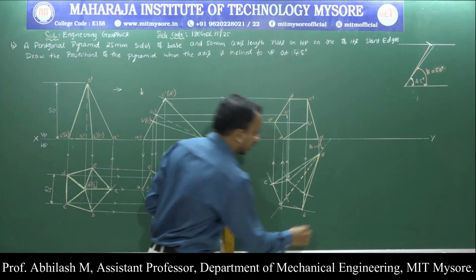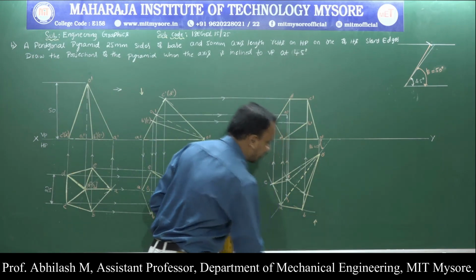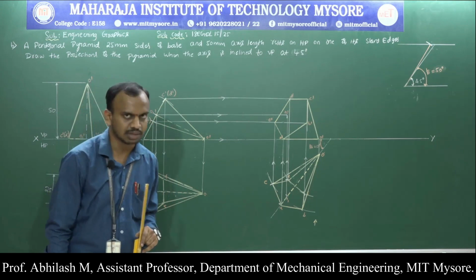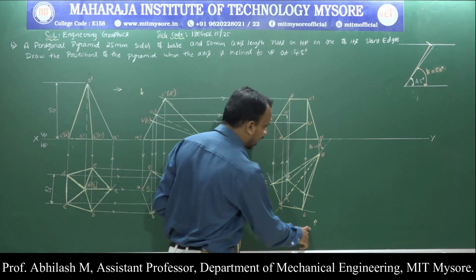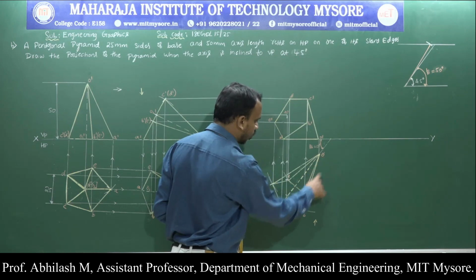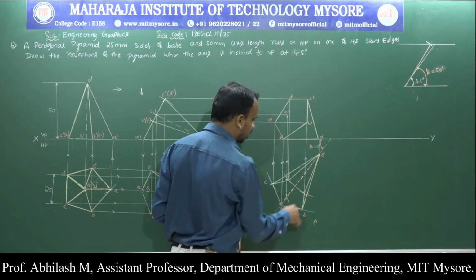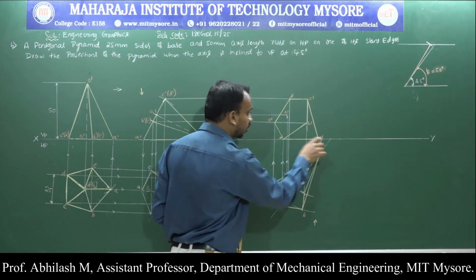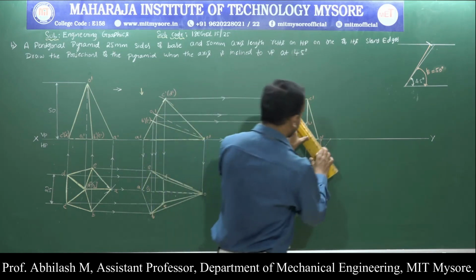Now the other condition that we are supposed to apply is that the faces or the edges nearer to the observer are completely visible. So if I look from here, I can clearly see that the nearer sides are O to B, O to C. And if I check here, O dash to C dash and O dash to B dash have not been thick. So make that thick.